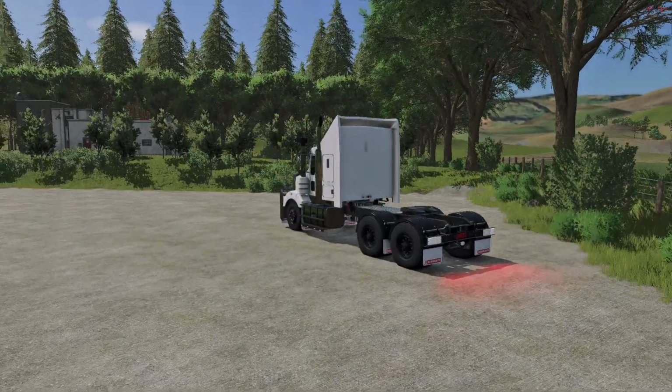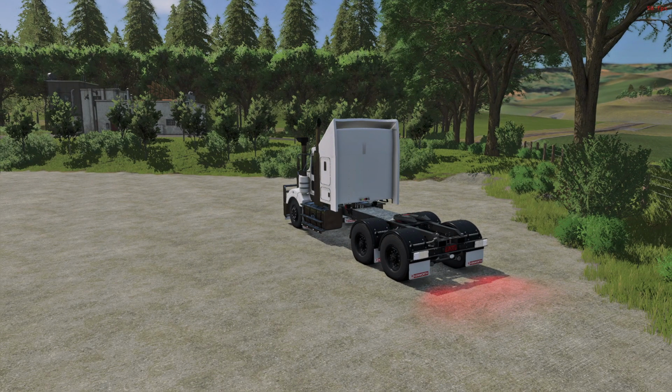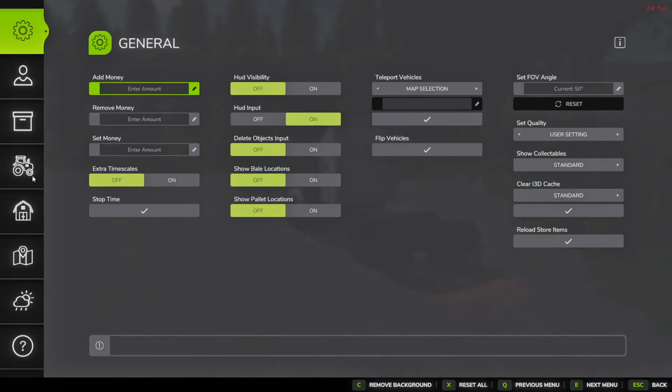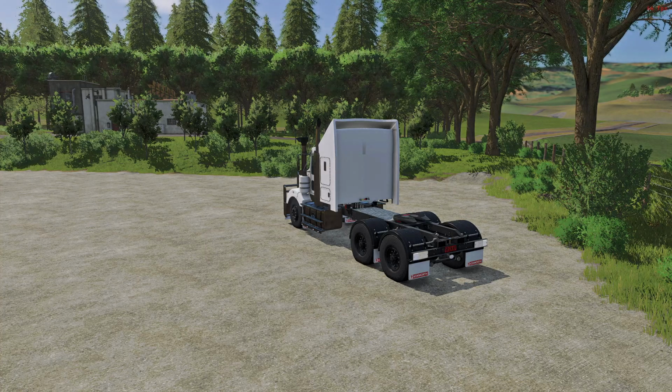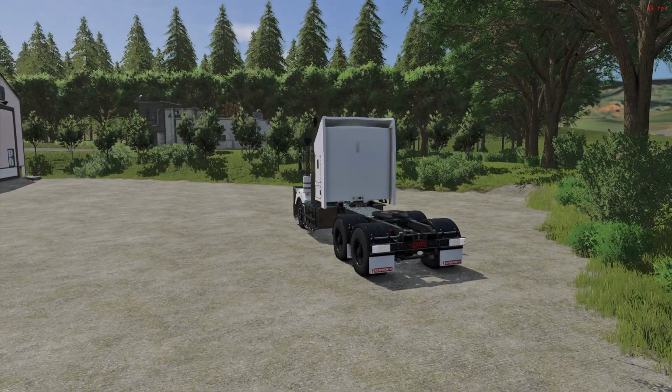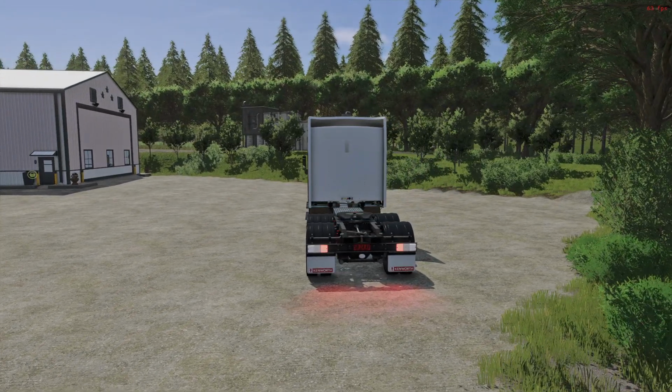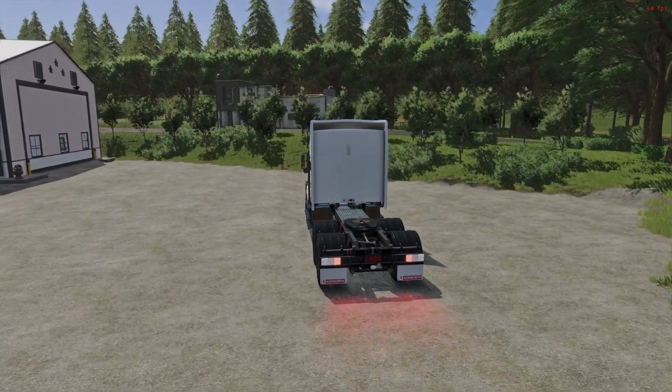So what we'll do is we've got the purchase a truck now. So I run easy dev control, just come in here and just reload the vehicle, and if I got that right, they should disappear, and they did. So turn the tail lights on in the back, and then we'll test out the